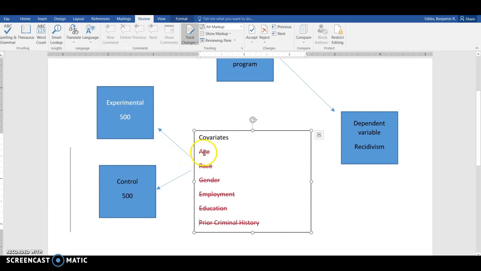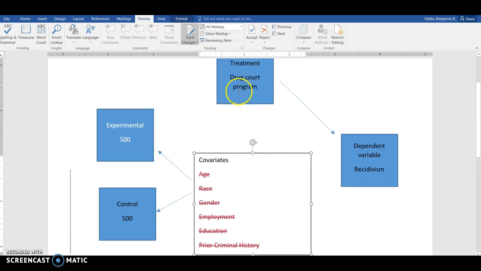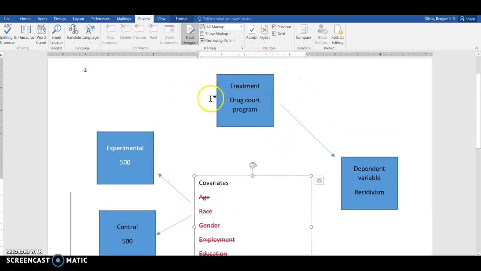By making them equal, it cancels out every covariate, the observables we know, which is these 6, and every unobservable, things we don't know, which is thousands. And by making them equal, it cancels them out. What we're left with is just the treatment and its effect on the dependent variable. So,